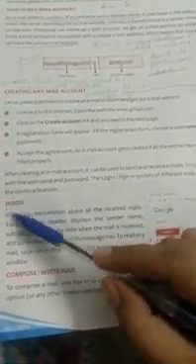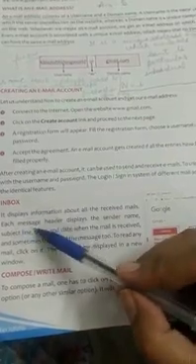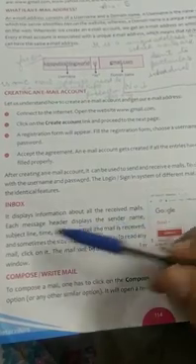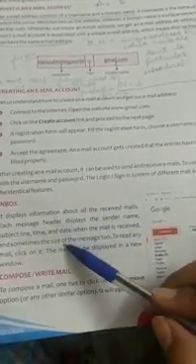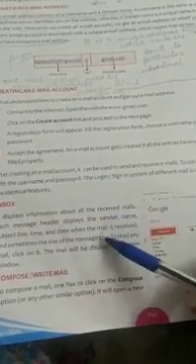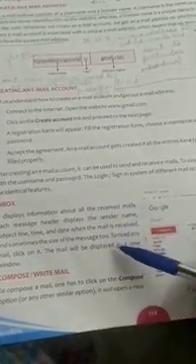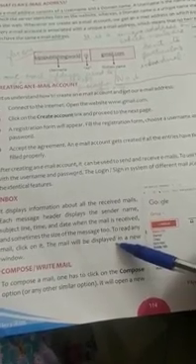Whatever mails come to your email account, all the information will appear in inbox. Each message header displays sender name, subject line, time, date when the mail is received, and sometimes the size of the message too. If you want to read any of the received mails, then you have to click on it and that particular mail will appear on the screen, and you can read that mail and reply to it accordingly.